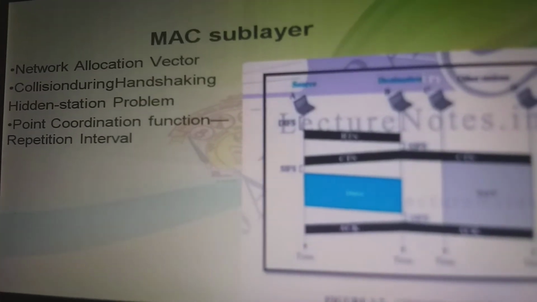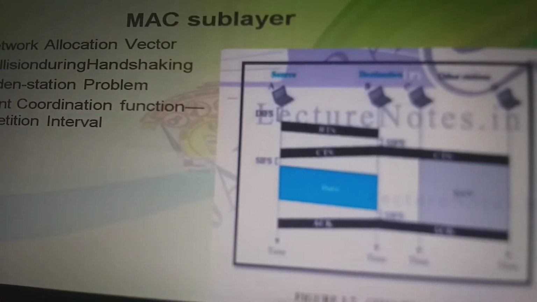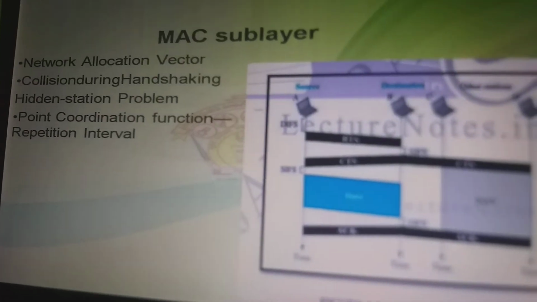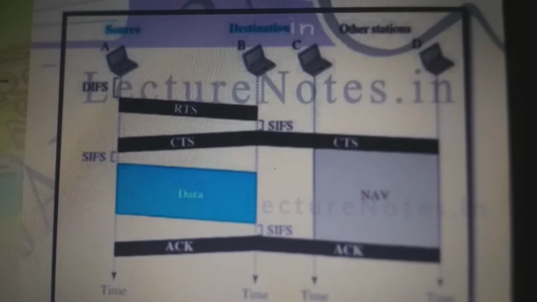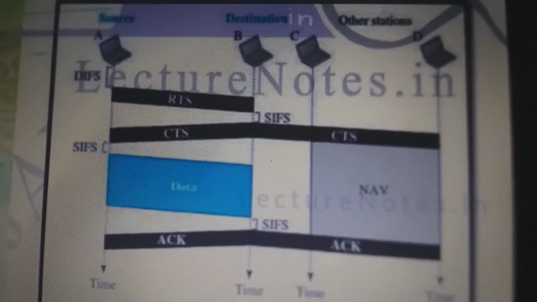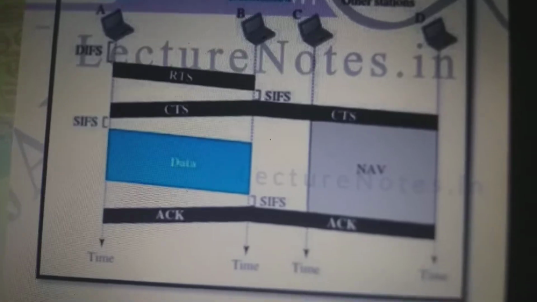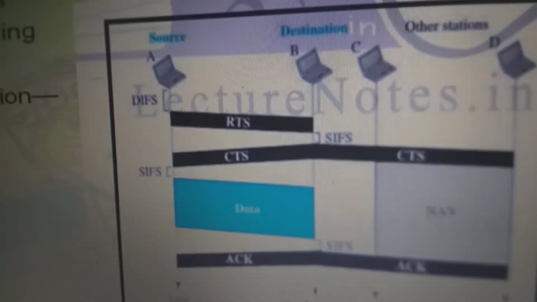Next, we have to study what is network allocation vector and why it is needed. Then we'll see collision during handshaking, hidden station problem, and point coordination function repetition interval. The figure shows the idea of NAV, network allocation vector, with CSMA/CA.